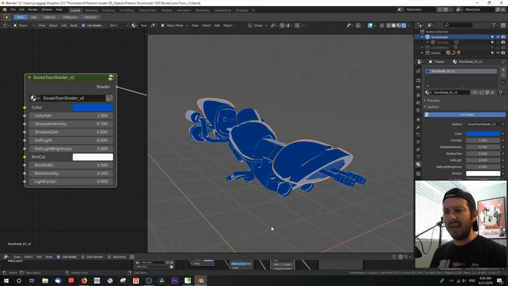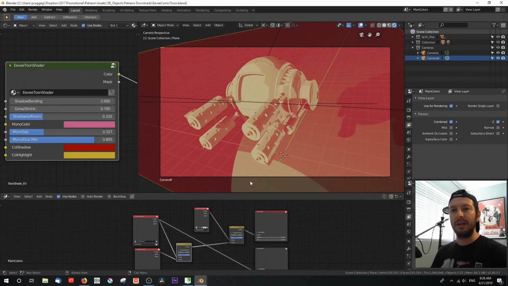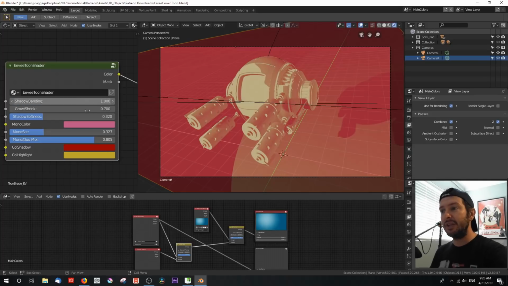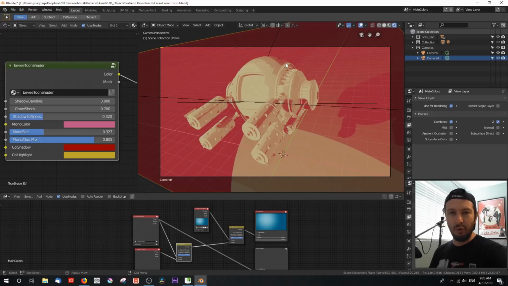So what's changed? What's new? How is this different? Well, let's go take a look at the old one, okay? And you'll notice that the node setup had some different types of controls. This one had something called shadow banding, which meant that you got to choose the levels of banding that the shader would give. And so if we typed in 3, we get 1, 2, 3 bands or 4 sets of